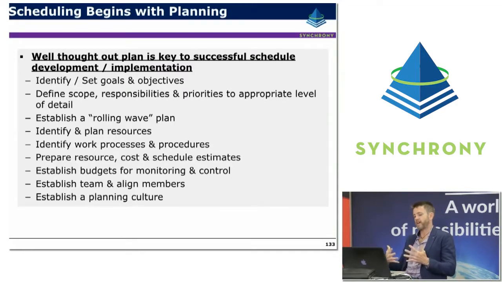So it's about understanding where your organisation and the people are at with their project controls maturity at the moment, establishing an agreement with the project team about, well, this is how we're going to do things on this project, and getting that commitment and understanding from people right from the start, because trying to change the culture halfway through an implementation of EV on a project is going to be particularly difficult, but doing it up front makes it a lot easier.